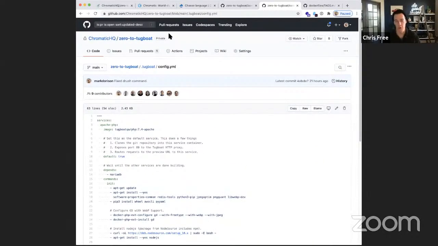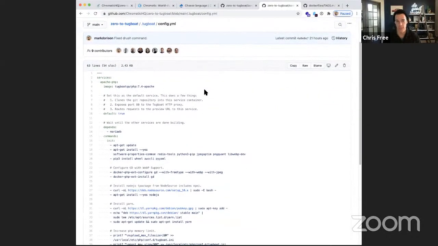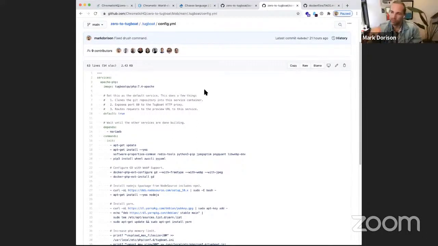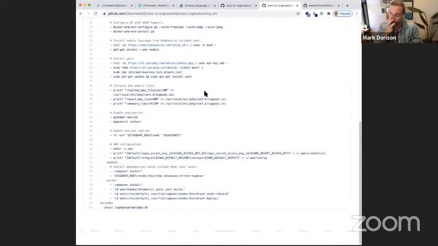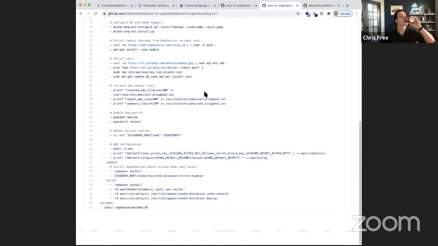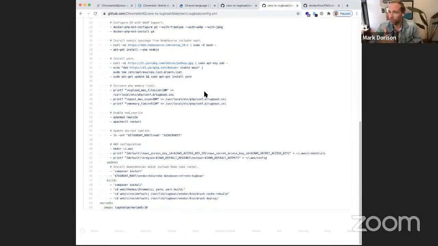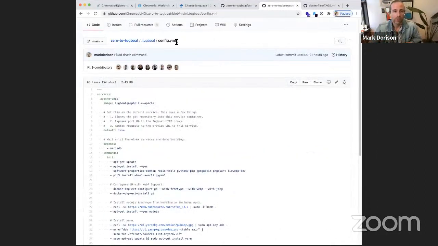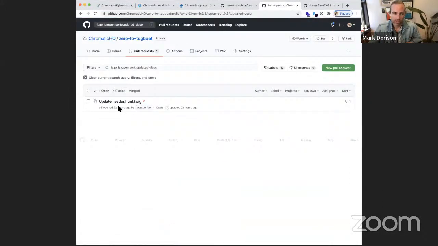I just don't want to gloss over that. Going from 0 to Tugboat is as simple as having a .config file in your repository. Yes, and having everything that I went through in this one file. Thank you, Chris. It should be noted that there's nothing else necessary beyond what you configure in the UI and the dashboard and this configuration file. That's it. So if we go to our pull request, I created a pull request ahead of time,